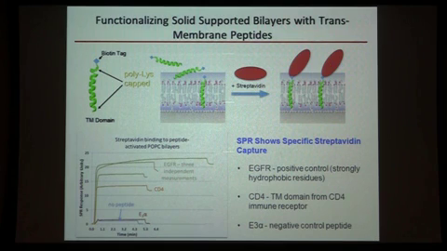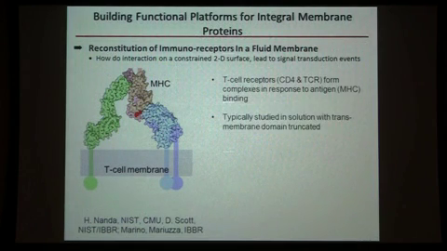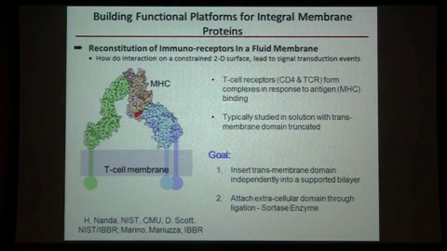So to first demonstrate this, this slide shows that one can actually indeed functionalize the surface with these peptides, and then using a peptide that's ended with a streptavidin binding moiety, you can bind the streptavidin to the top, and you can show through, again, SPR response, that you can actually get this kind of a reassembly of a transmembrane or transhelical anchored streptavidin using these kinds of approaches. And again, the idea down the road is to basically use those same kind of